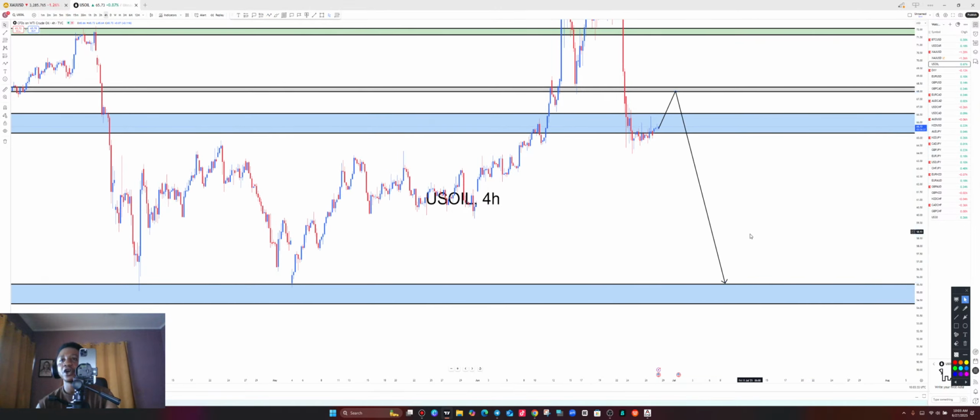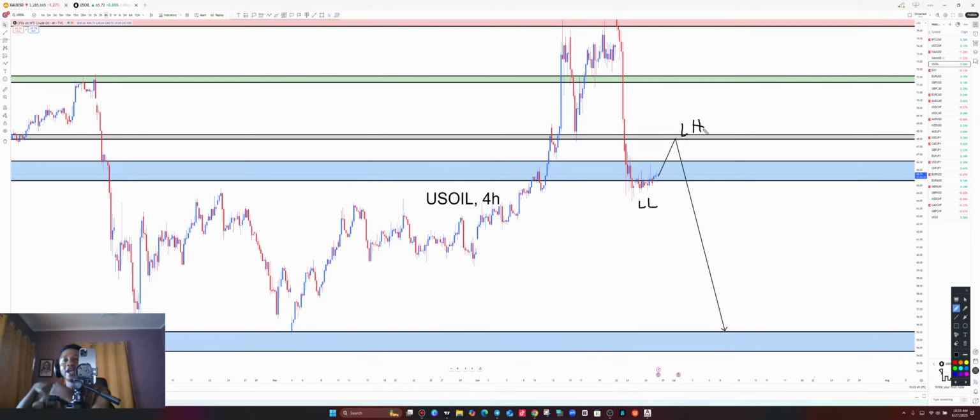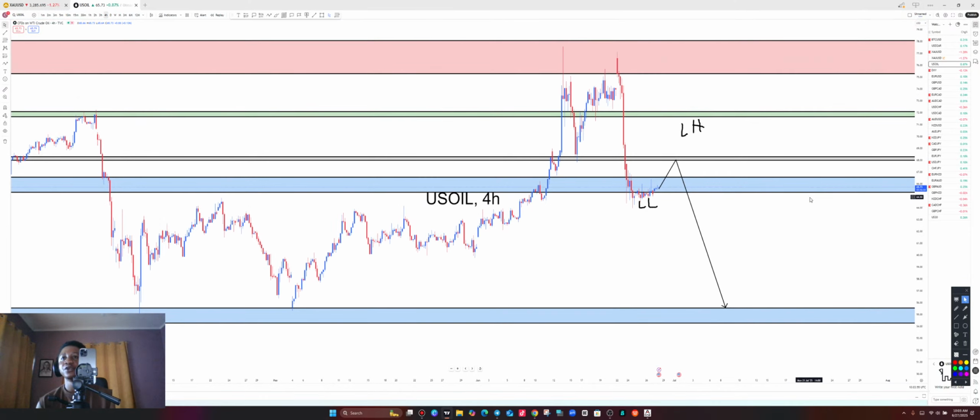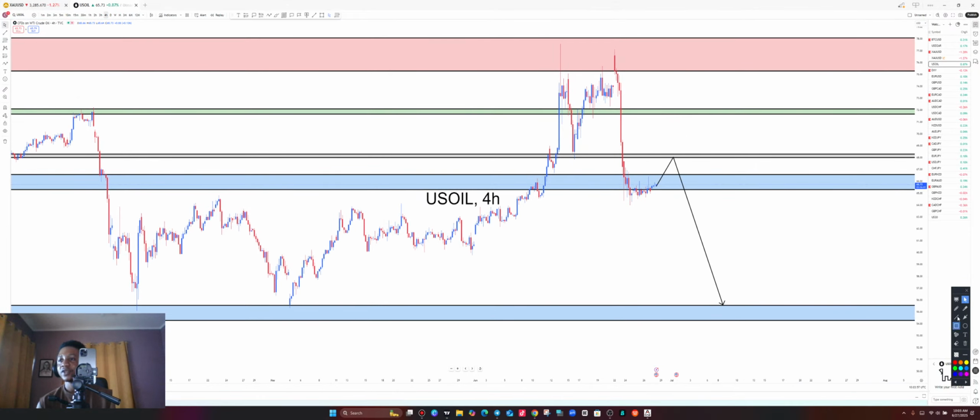Remember, there's a wick on the monthly and also a reversal candle, an evening star, spotted on the weekly as well. So we know very well that we are dropping all the way to the downside on US oil. So that's it for US oil. Let's continue on the next pair. So lower low is here. We'll be expecting a lower high, and then we continue to sell all the way to the downside. So US oil, we are done with the analysis. Let's go to the next pair.